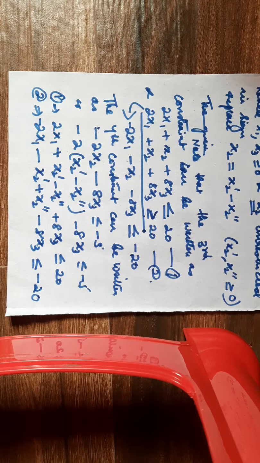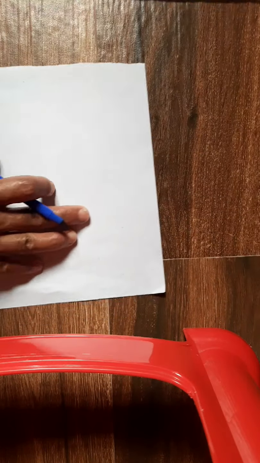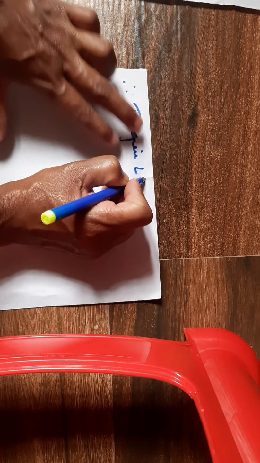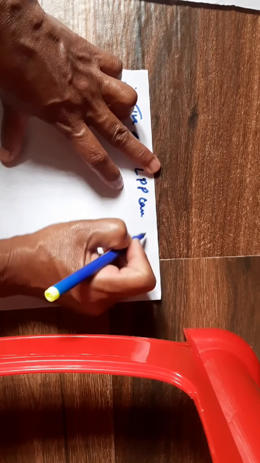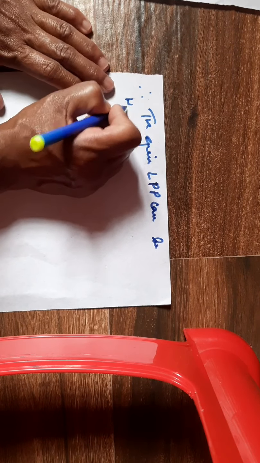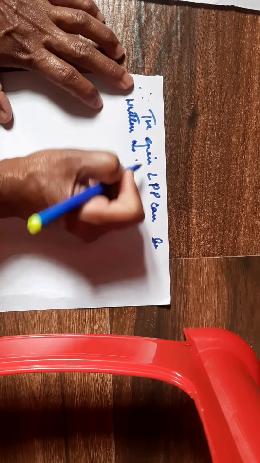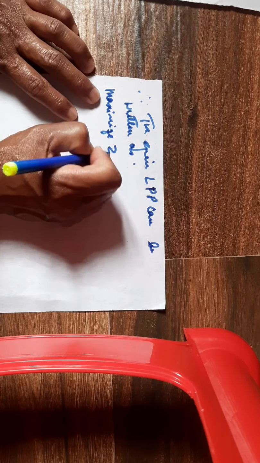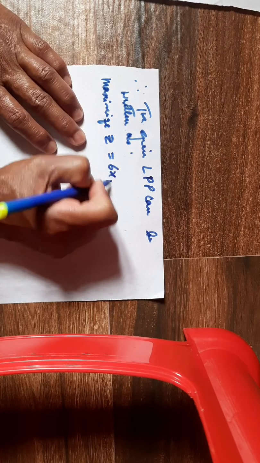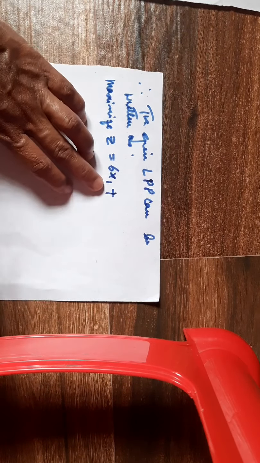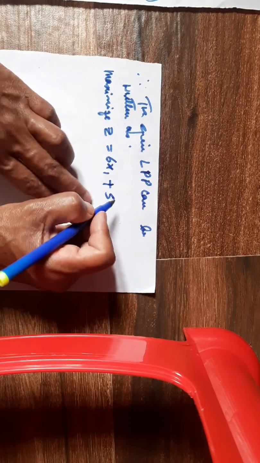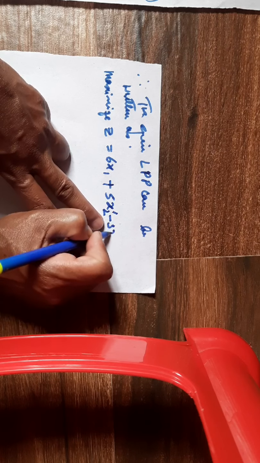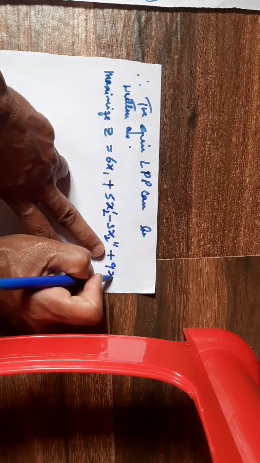So now the given LPP can be written now as: maximize z equal to 6x1 plus 5x2 in the question. But we know that x2 has to be replaced by x2 prime minus x2 double prime. So it will be 5x2 prime minus 5x2 double prime plus 9x3,